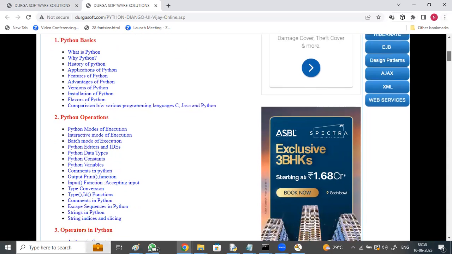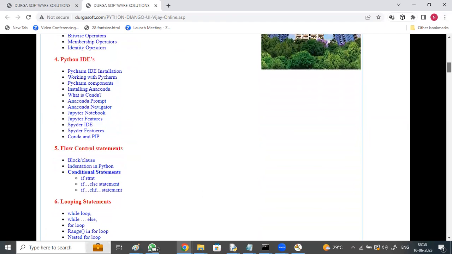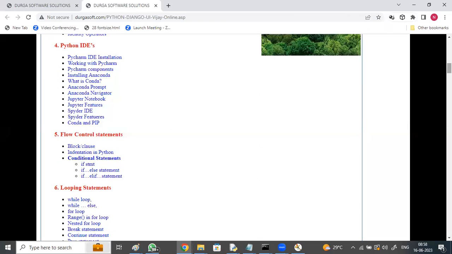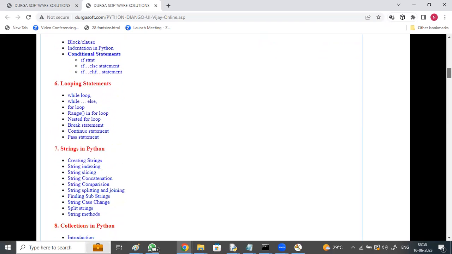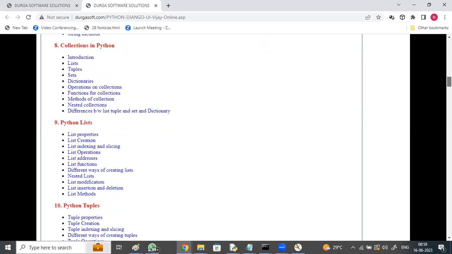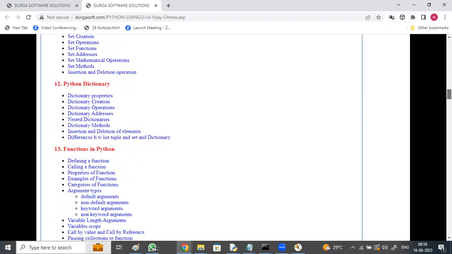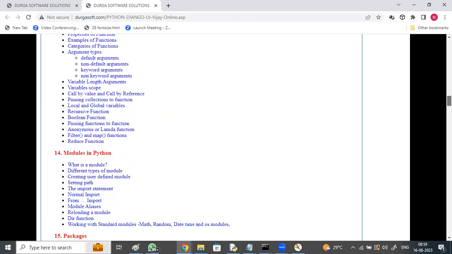Starting with Python basics, Python operations, operators in Python, IDEs. In real time, we use different IDEs like PyCharm, PyDev, Spyder, Jupyter, Eclipse, NetBeans, VS Code. All those I'm going to show you, right? How to download, how to install. Flow control statements, looping statements, strings, collections in Python, Python lists, tuples, sets, dictionaries, functions in brief,